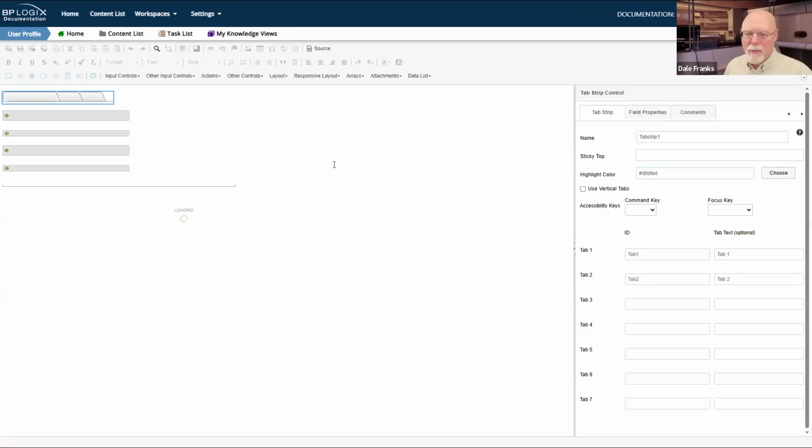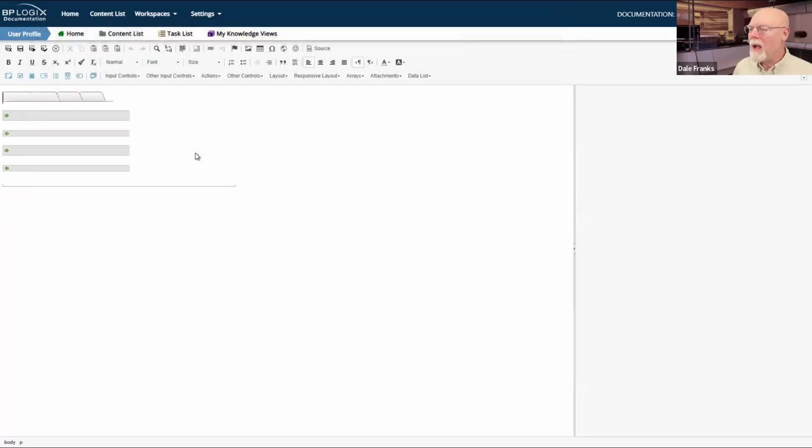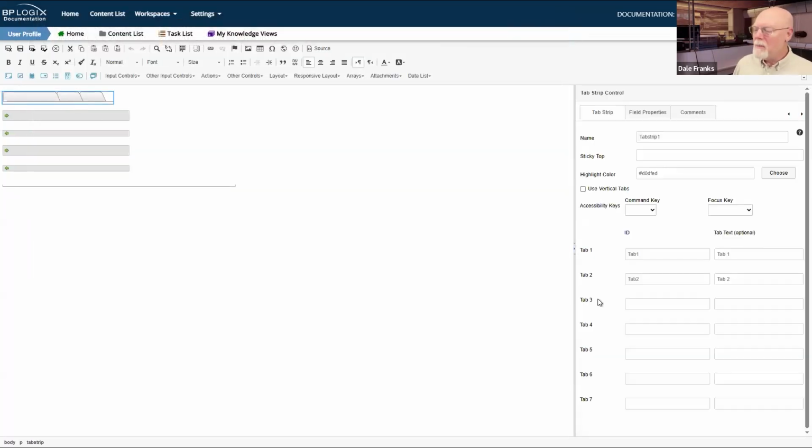Previously, of course, it was that purple color. And now as the form saves and closes, it is this very subtle light blue color. I think this was the color we were originally using for all of the tabs. It's very subtle, perhaps too subtle for some. And so therefore, we have given you the ability to make a change to that color with the highlight color property.